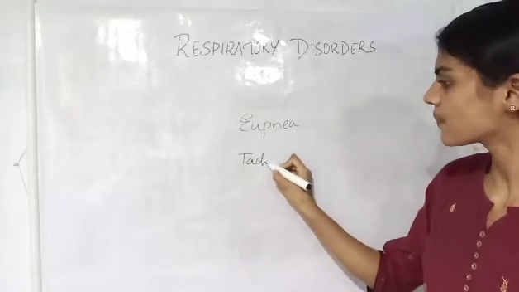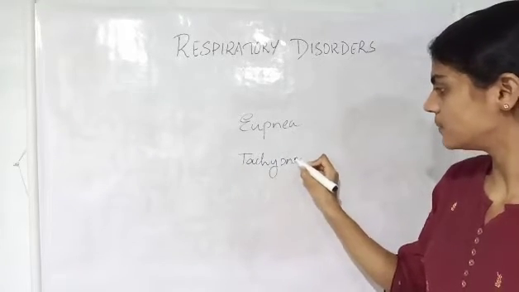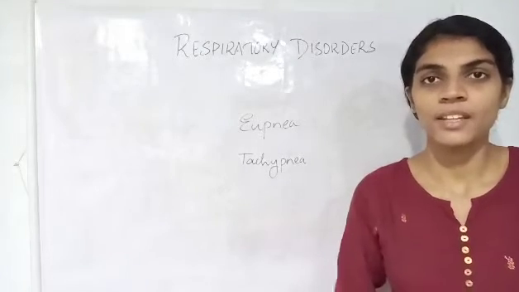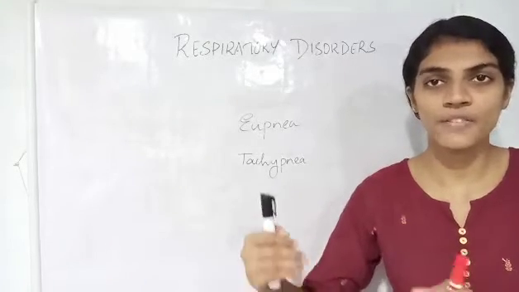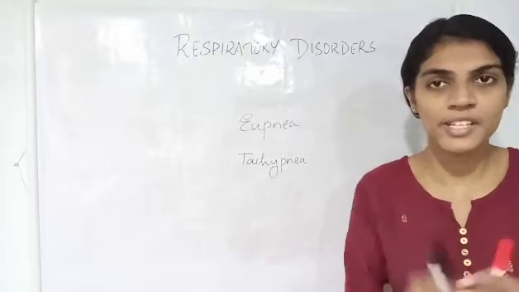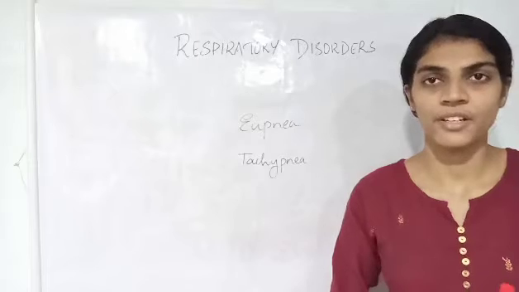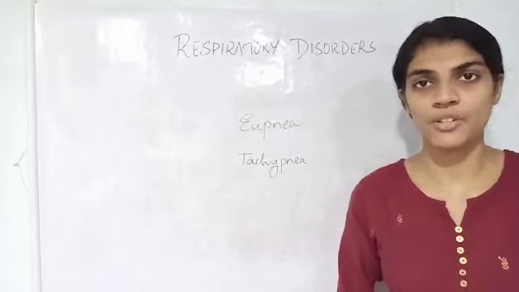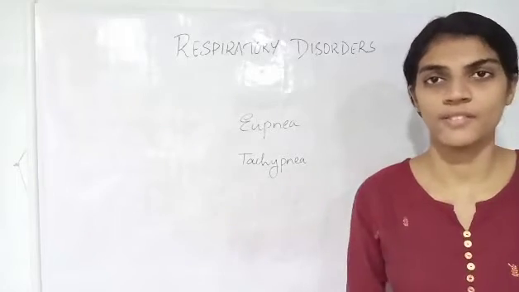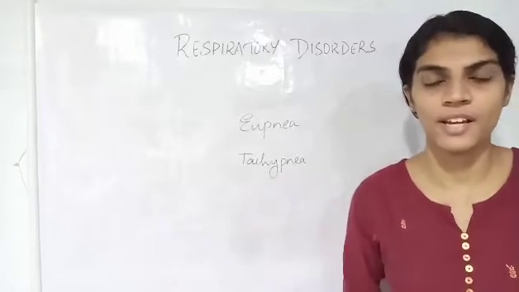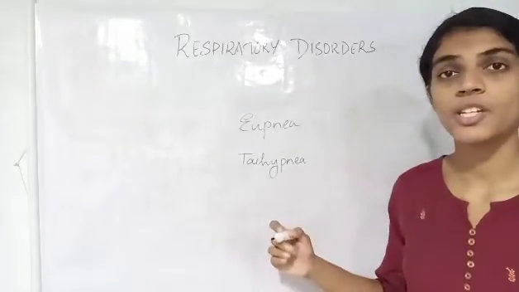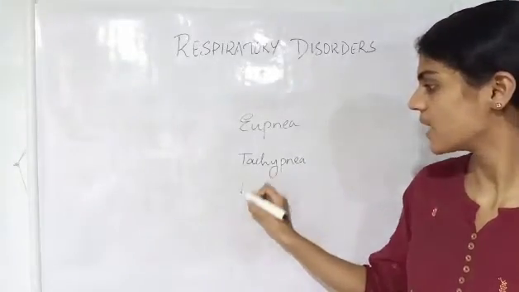First one is tachypnea. What is tachypnea? Tachypnea is the condition in which there is increase in the rate of respiration. Our normal respiratory rate is 12 respiratory cycles per minute, right? If during some respiratory disorders, you find this rate of respiration going beyond 12, beyond the normal level, such a condition is known as tachypnea,